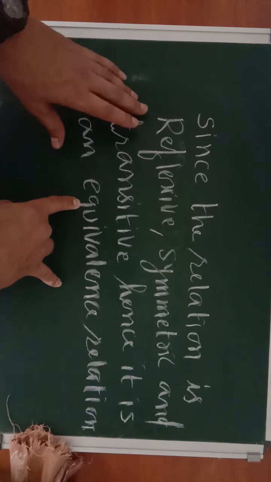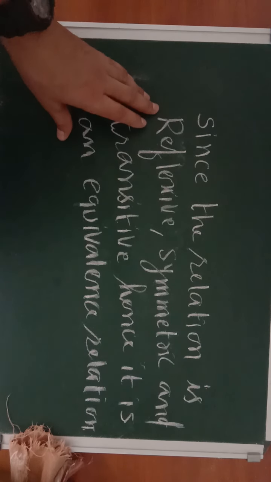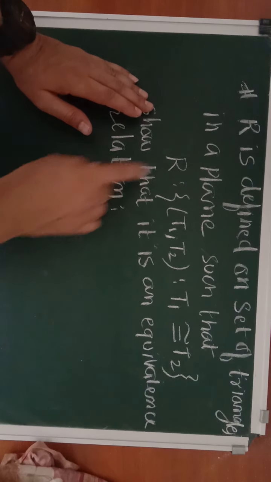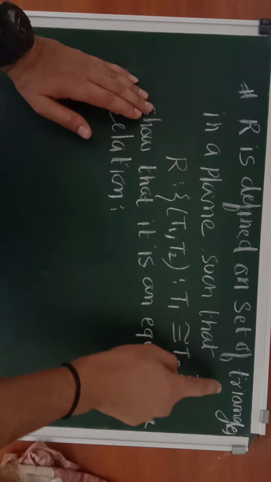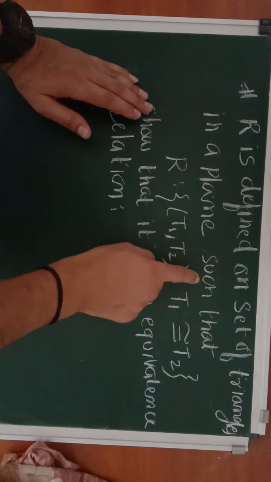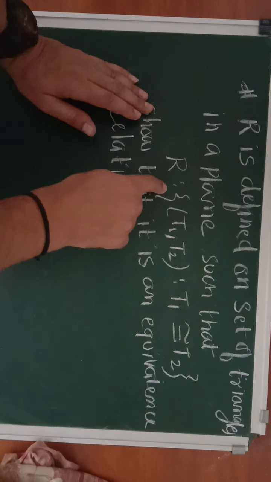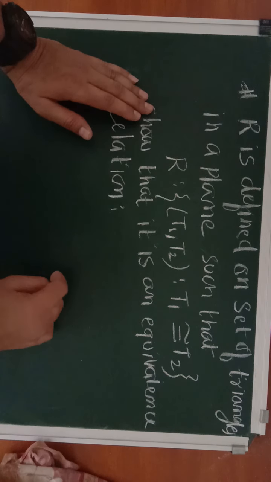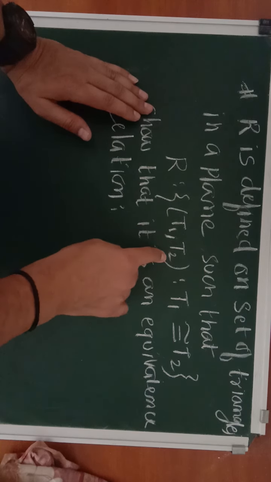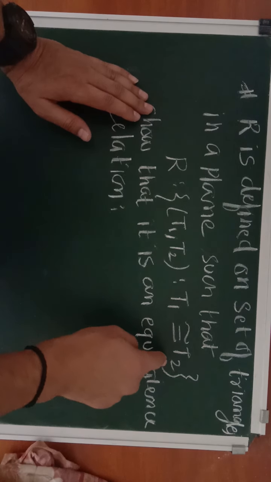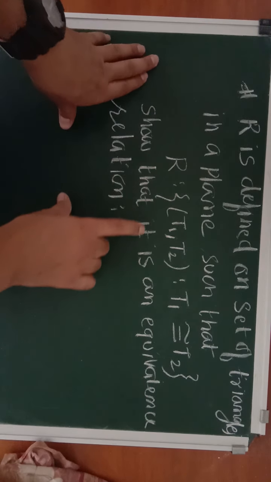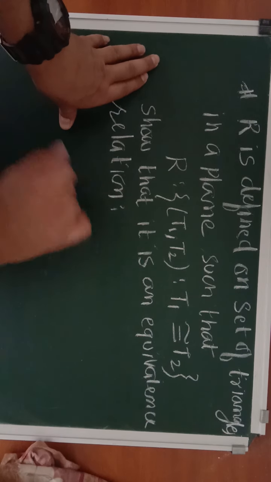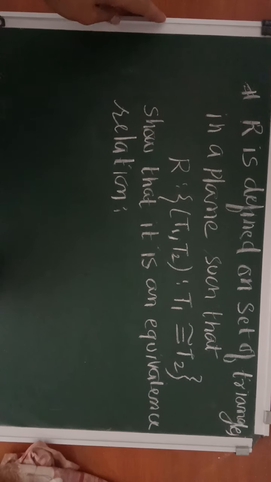Okay, let us see one more interesting question. Dear students, in this question R is defined on a set of triangles in a plane such that R will take only two triangles that are congruent. ओके, यहाँ पर T1 T2 दो ट्रायंगल तभी पेयर में आएंगे जब वो कॉन्ग्रुएंट होंगे, और आपको ये शो दैट करने को कहा गया है कि ऐसा रिलेशन हमेशा एक इक्विवेलेंस रिलेशन होगा।